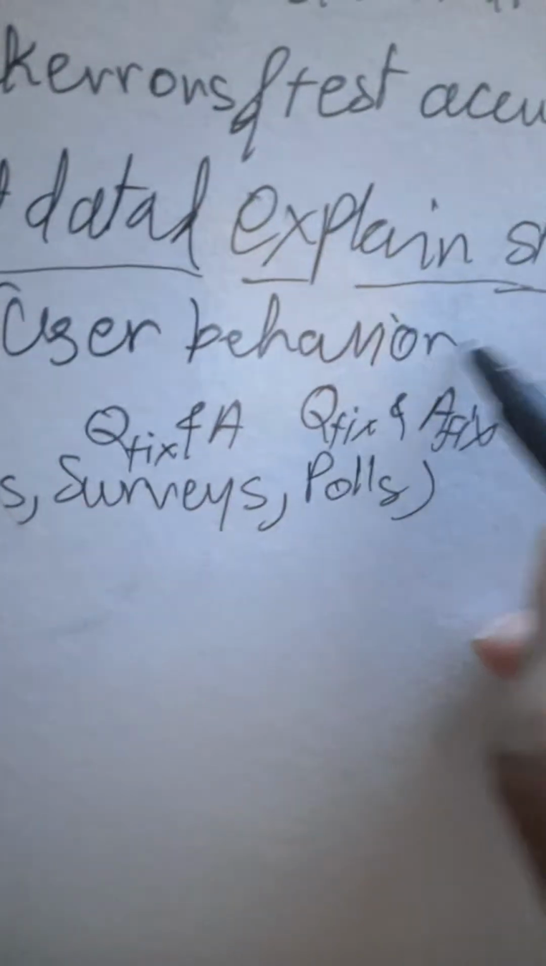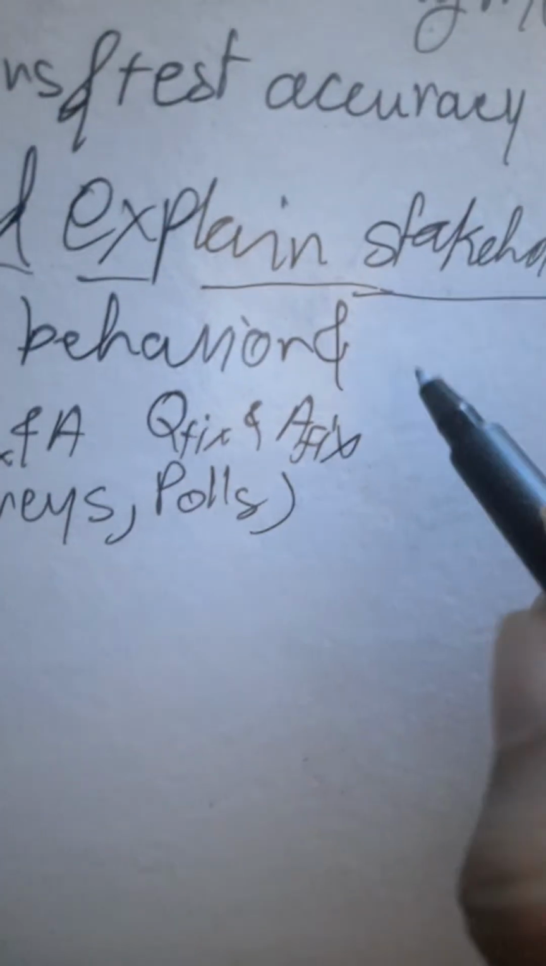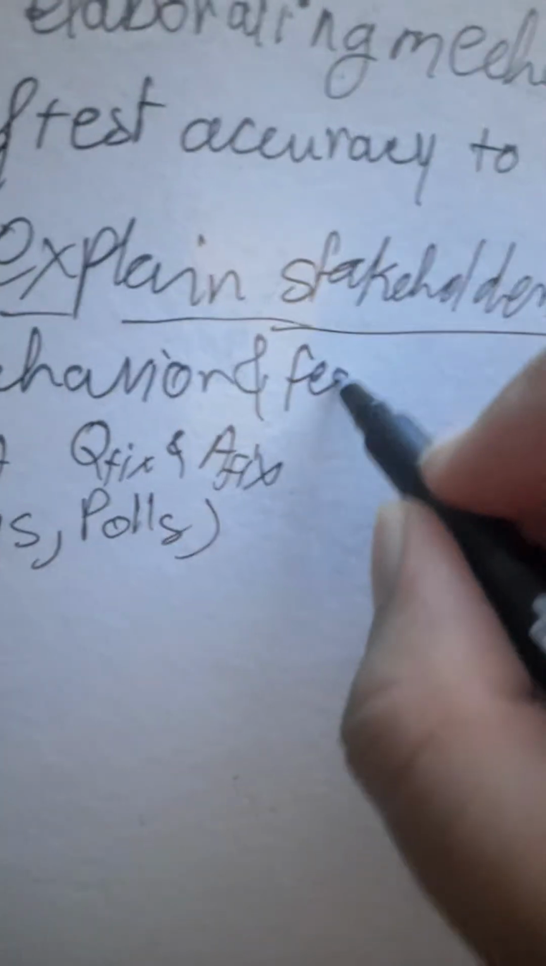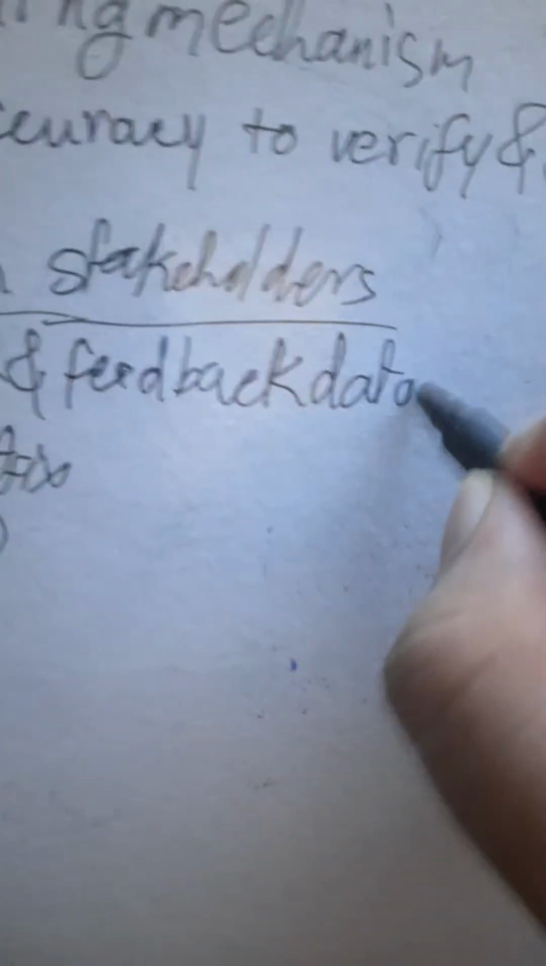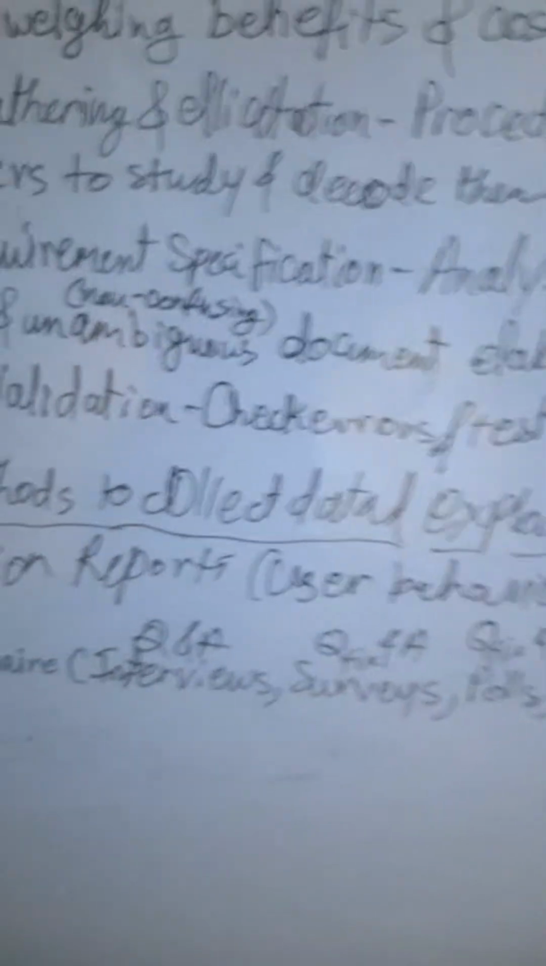Now there is questionnaire. So first one was observation reports. Observation reports, which is user behavior and feedback data. So like even if you are watching it without sound